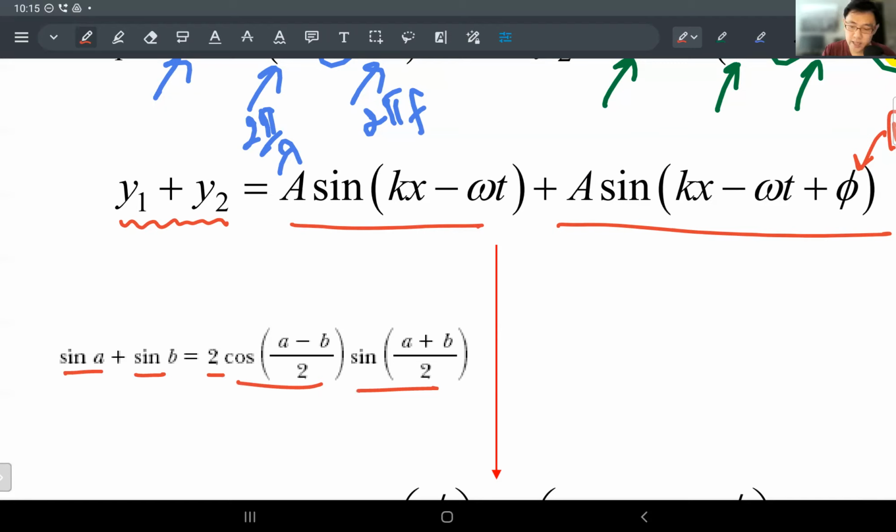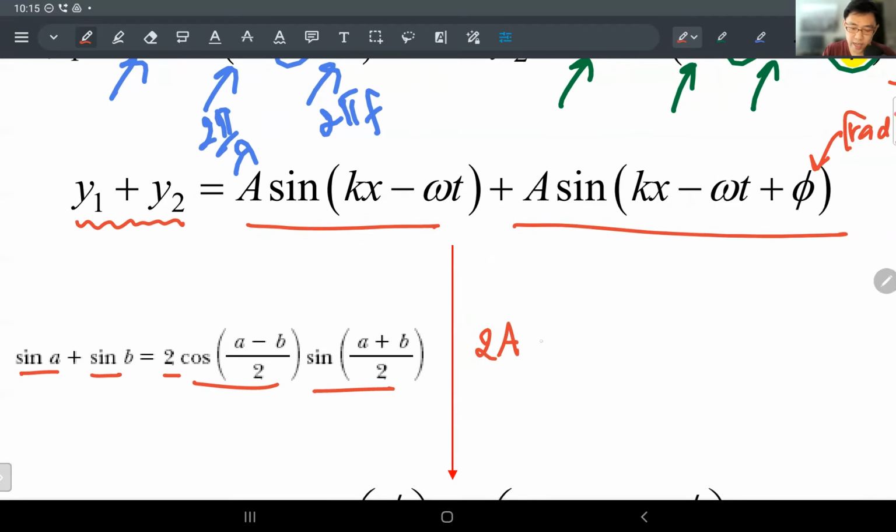So what we got here, I'm going to work in red over here. So you get A, I can pull out a common factor. Okay. And then I have 2, so I put 2 in the front. And then what I am doing next is just starting with the cosine. I'm taking the difference